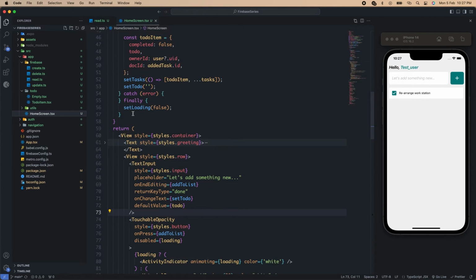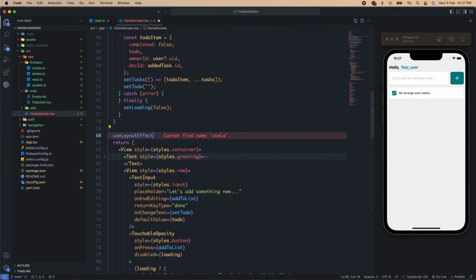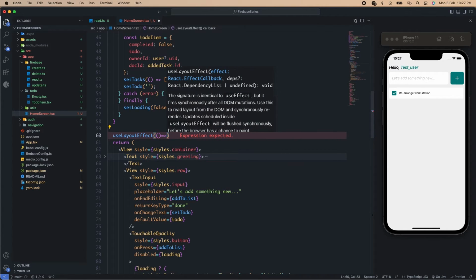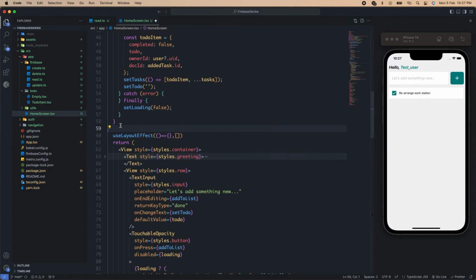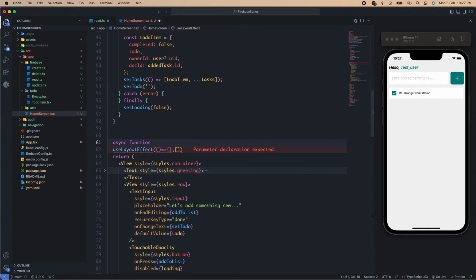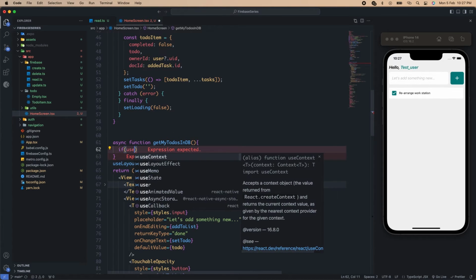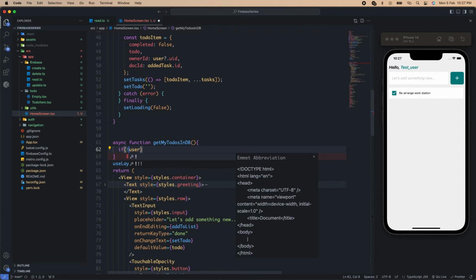We'll create a use layout effect. So we'll fetch this before the layout is being rendered. And our dependencies. So let's come over here and then write an async function, and the name of the function will be, let's say, get my to-dos in DB. And then first of all, if not user, we are going to return,